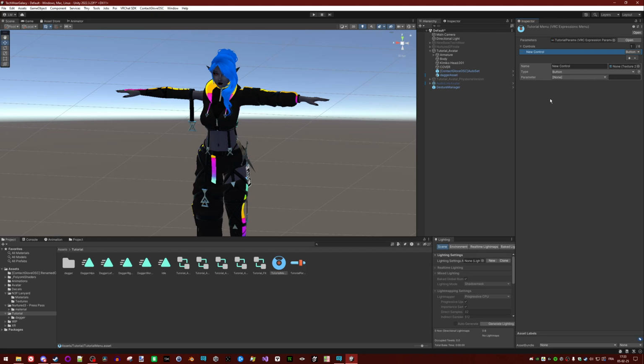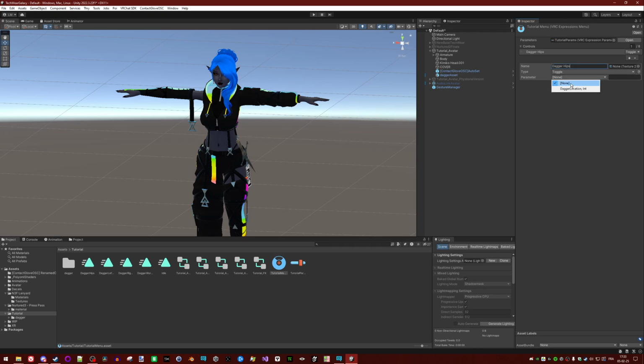The other methods are using gestures or using fishbones, but whatever you do, I would recommend using a toggle for resetting the prop to its default location. So here I create this element called dagger hips that you could even call reset dagger.